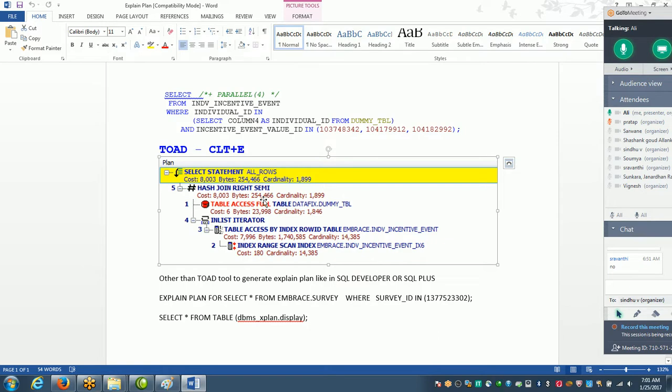What is the use of these statistics? Why do we have to run the explain plan? By seeing the cost, here we have cost 8003, we can estimate the execution time of the query. Not the exact time, but we can estimate it. If the cost is 8000, that means it will take about 2 or 3 minutes to execute. If the cost is 50,000 or 1 lakh or 2 lakhs or 5 lakhs,